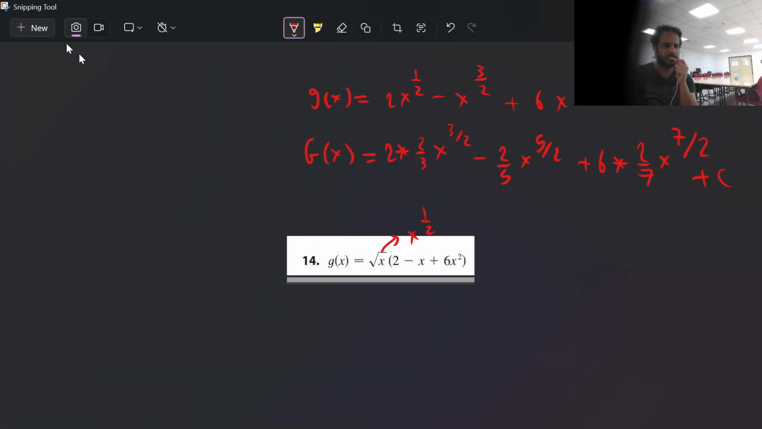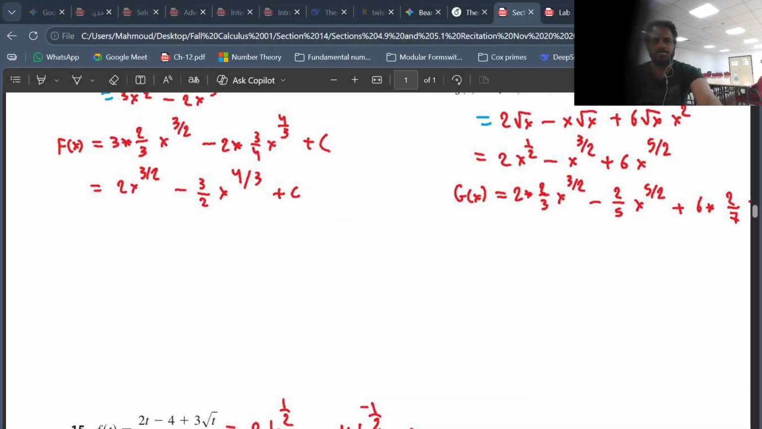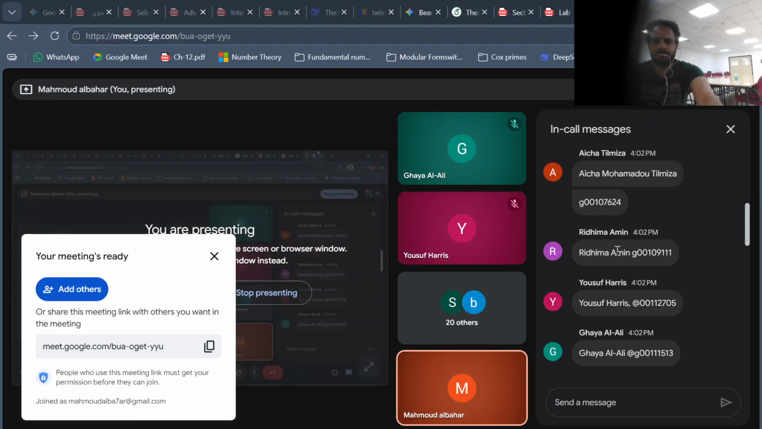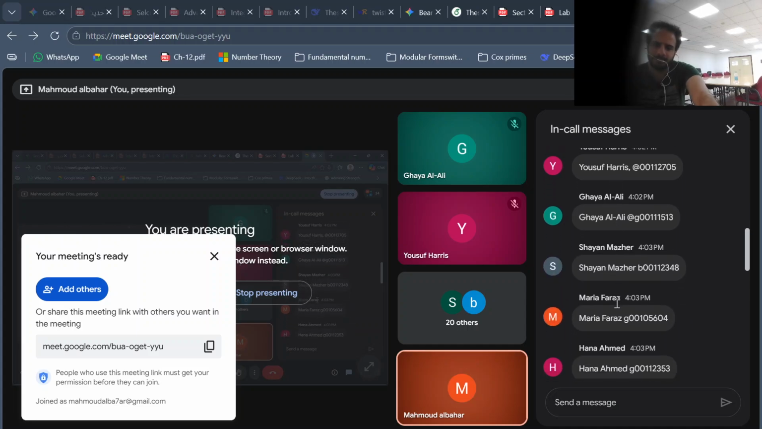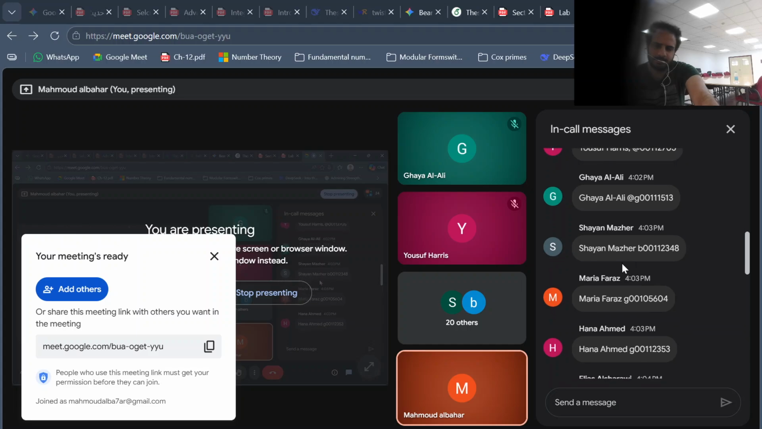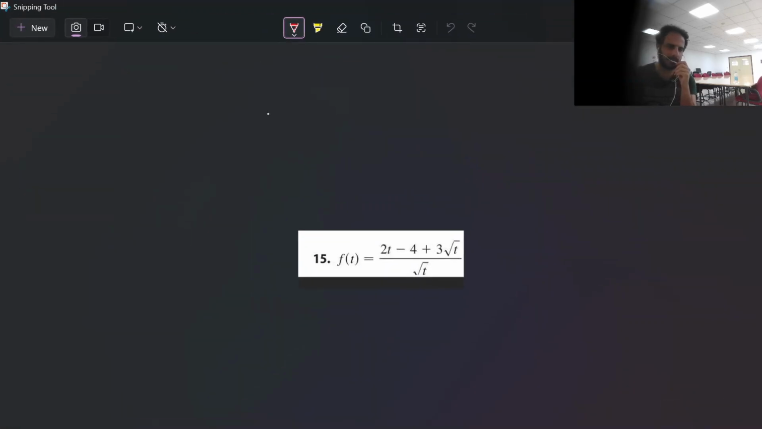Problem 15. Now Shayan, yes, Professor. Please help me with this one. What do you think? First, simplify. Yes, perfect. So f of t equals,